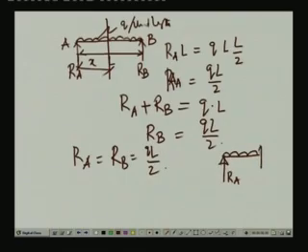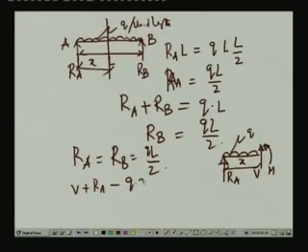We have the positive shear force and the bending moment. So, this is V and this is M, and this is Q per unit length. Now, this distance as we have noted is x. So, if we take the vertical equilibrium of the forces, we have V plus RA minus Q times x is equals to 0. This gives us that V is equals to Qx minus RA,